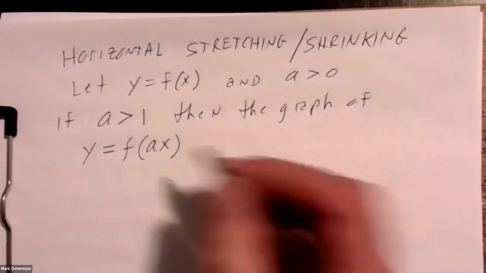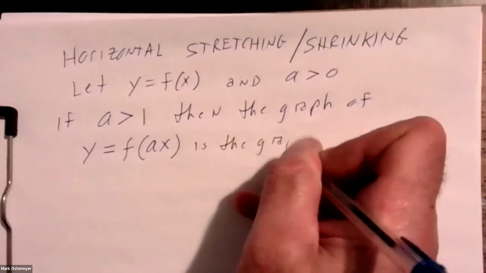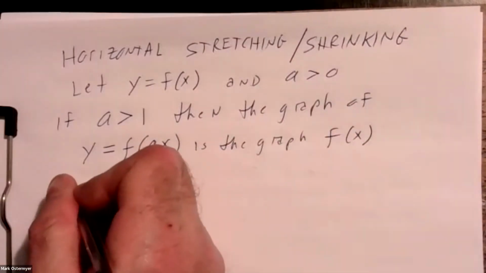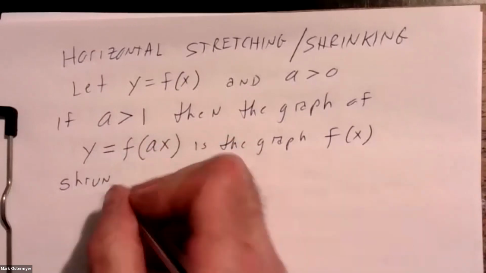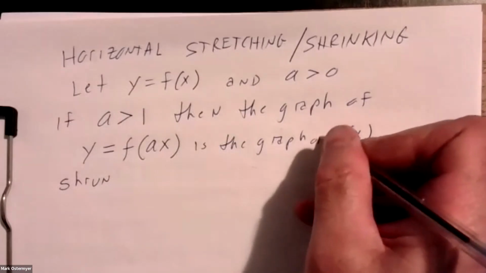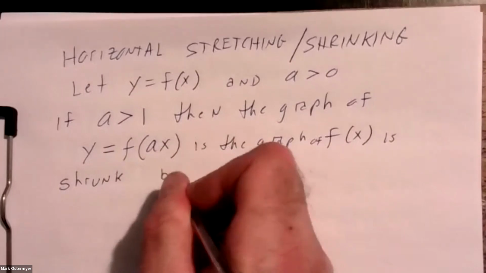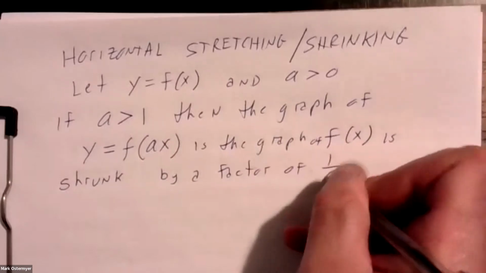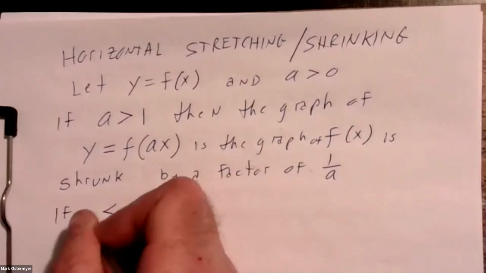So what happens? Well, the graph of this new function is going to be the graph of the basic parent function f of x that will experience a horizontal shrinking. So the graph of f of x is going to be shrunk by a factor of 1 over a. If a, on the other hand, is a positive real number between 1 and 0,